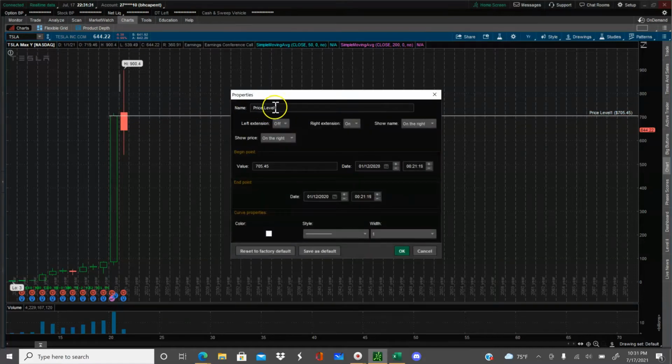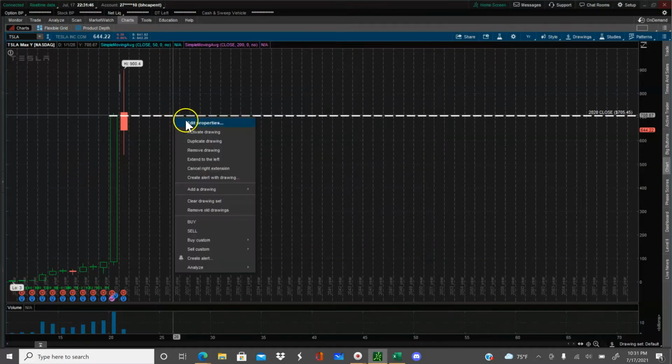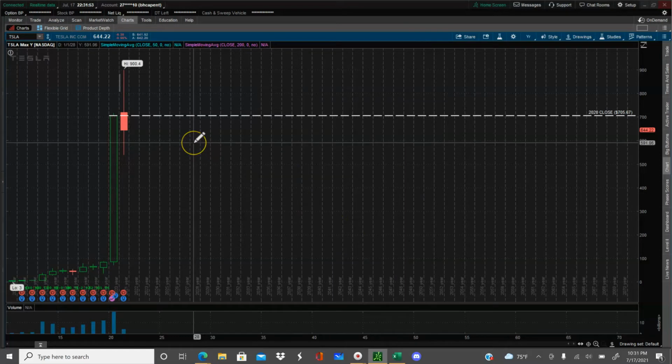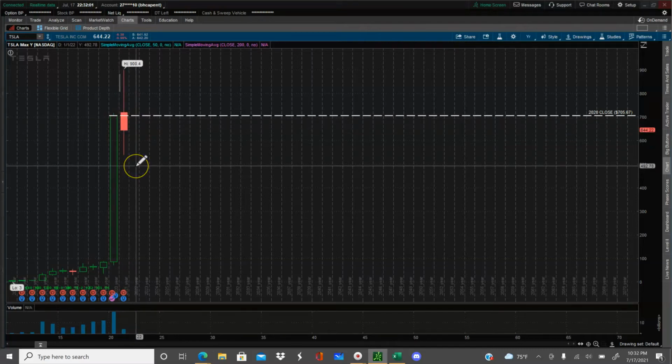Going to label it appropriately. 2020 close. There we go. All right, so, well, gotta change this. 67. There we go. All right, so as you can see, when Tesla gets over 700, it really tends to struggle,